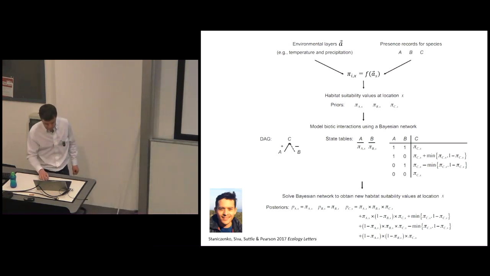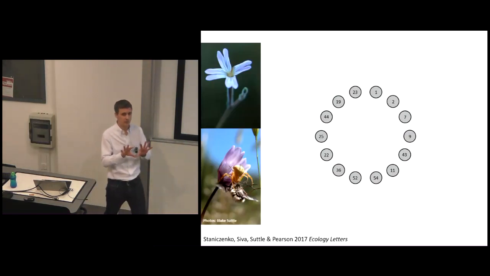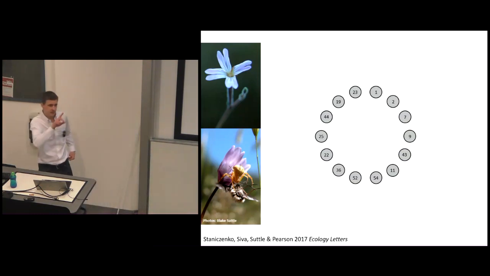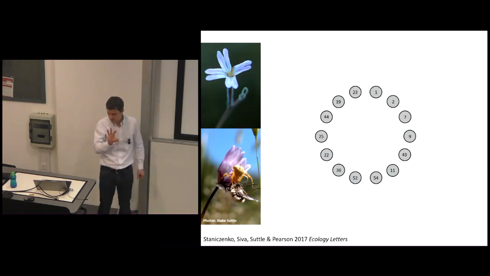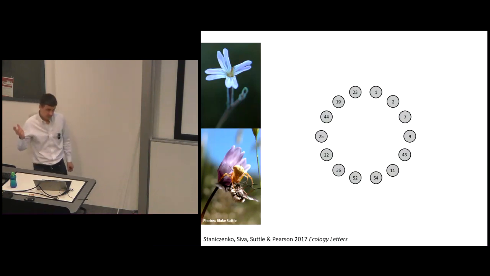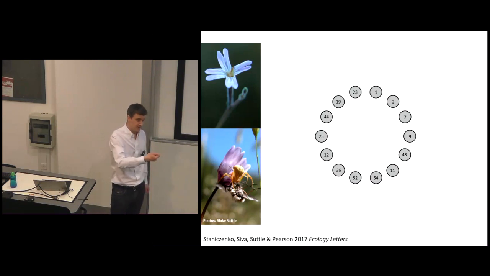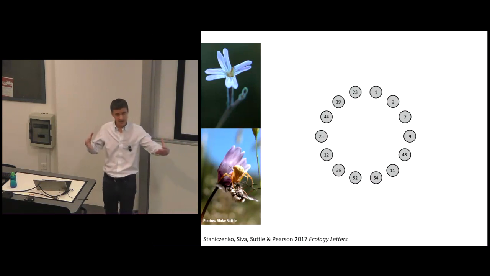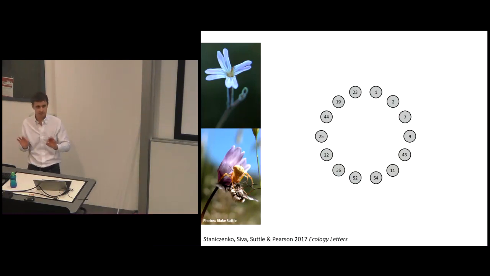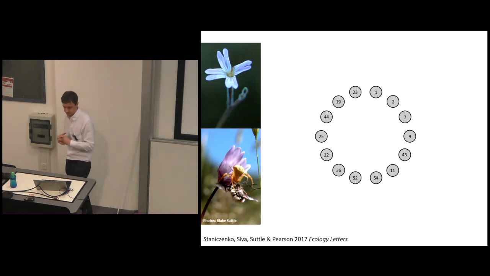Now, I'm not going to go through the details of that. I'm going to skip the technicalities, but to give you the broad overview of what we do. Firstly, we take the species in the system. This is focusing on 14 focal species to get a handle on this. And we use distribution models. We use macro distributions to drive species distribution models, using the abiotic environment to estimate the abiotic niche for each of these species individually. That's the classic. That's what we do within this field. That's what there are tons and tons of studies doing.